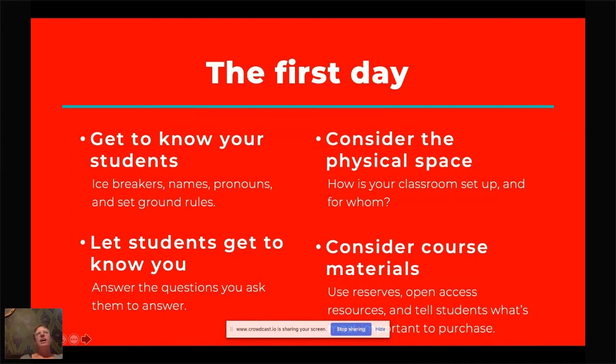Another way to get to know your students is to have an icebreaker, and those icebreaker questions can signal a lack of inclusive excellence if you're not careful. So asking something like, where did you go on vacation, assumes everybody has a vacation and goes somewhere. And those are some very classed assumptions. So some icebreakers that I found that work better are things like, share a highlight or a low light from your summer. It's very open, or tell us something that you want us to know about you. And then people often will say things like, my favorite color is blue. Something that's a bit more open and gives students some room in terms of how vulnerable they need to be on that first day.